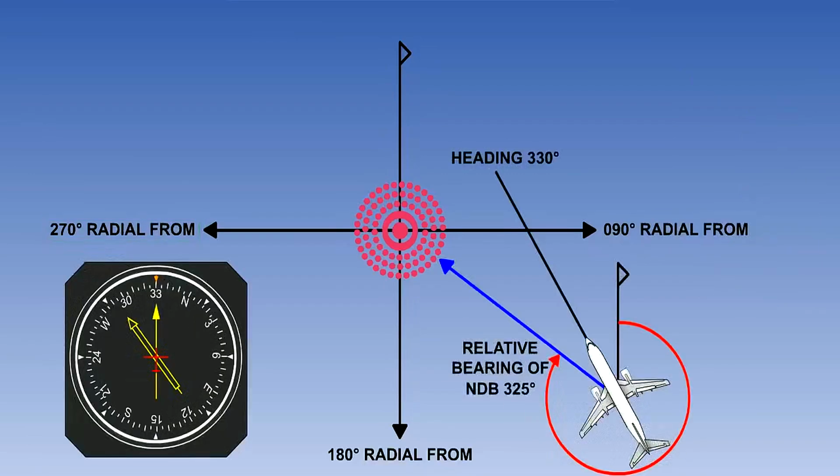If the aircraft has an RMI, your heading is displayed at the top, and the ADF needle points at the NDB, showing the magnetic heading to fly to it. At the start of this sequence, we see that in relation to the aircraft's nose, the NDB is just slightly to the left, so at a relative bearing of about 325 degrees, which is not shown on the RMI. But the magnetic heading is shown at 295 degrees, which is the heading to fly from where you are now to the NDB.